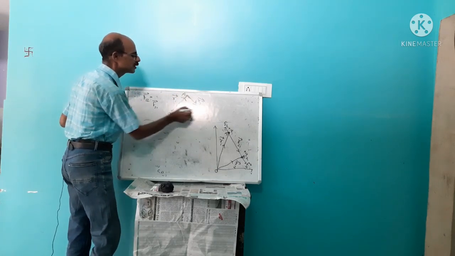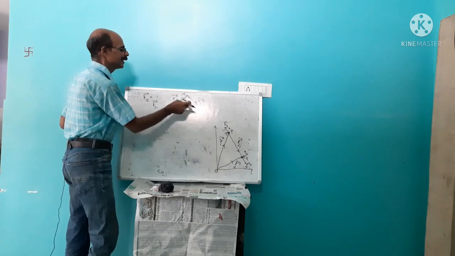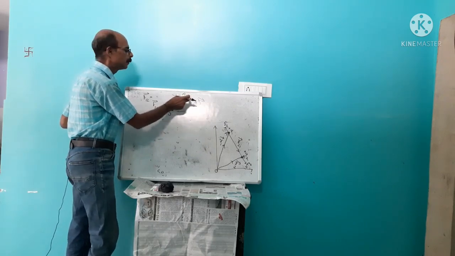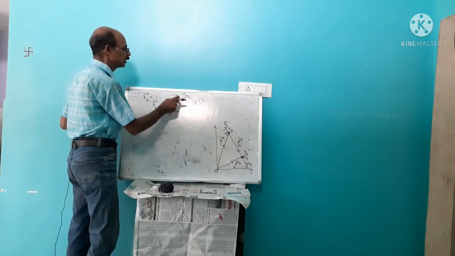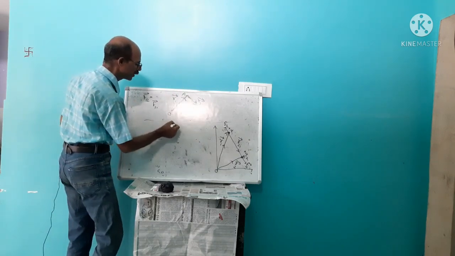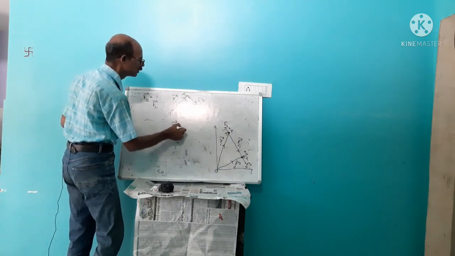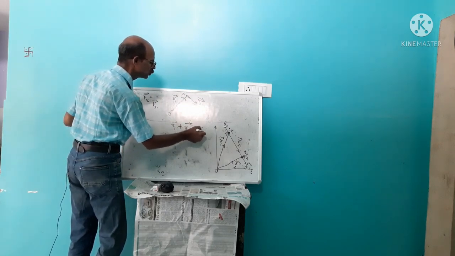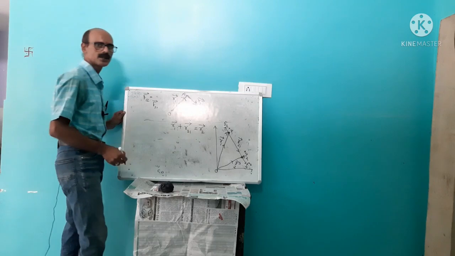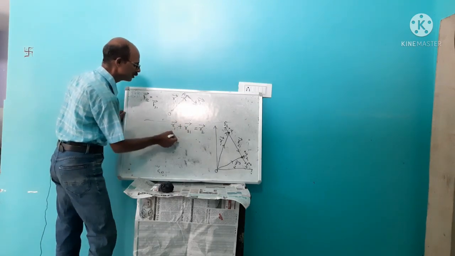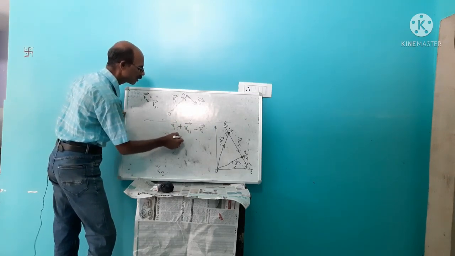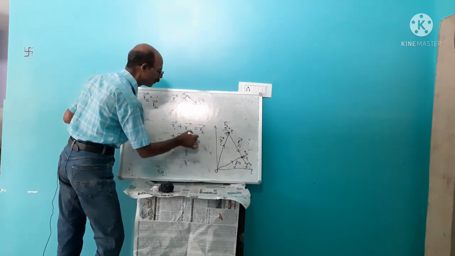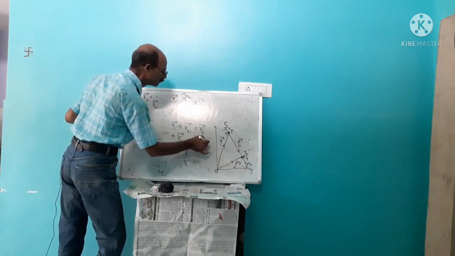And this is in opposite order. This is coinciding with the tail of the R21. So, these two are in same order. So, we can write vector R1 plus vector R21 is equal to vector R2 as per the triangle law of vector addition. This implies R21 is equal to vector R2 minus vector R1.